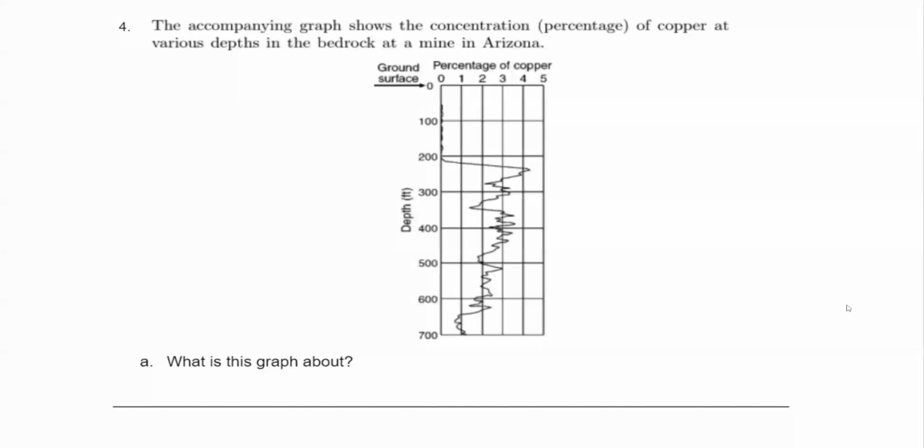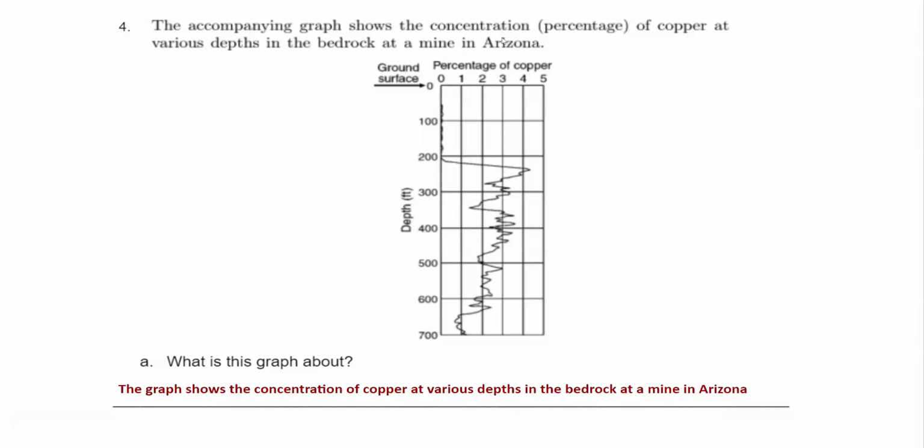Hey guys, now we're going to work on question number 4 of the identifying variables and their correlation worksheet. Number 4 is saying the accompanying graph shows the concentration percentage of copper at various depths in the bedrock at a mine in Arizona. So, what is this graph about? I can say that the graph shows the concentration of copper at various depths in the bedrock at a mine